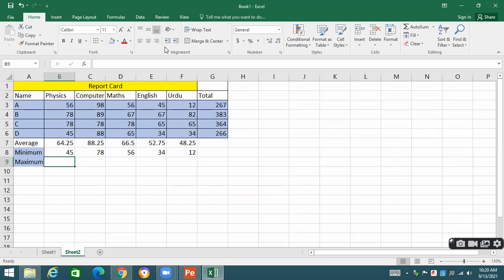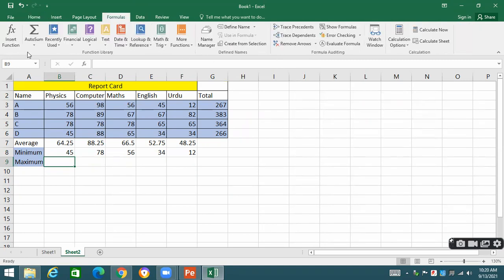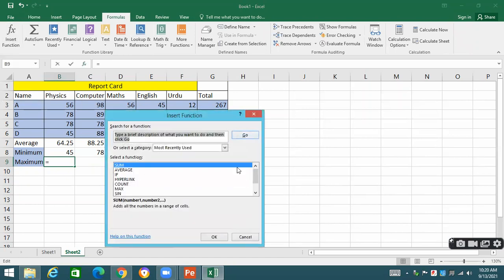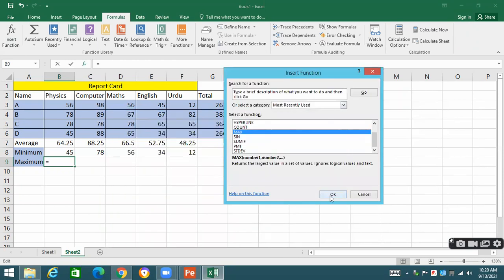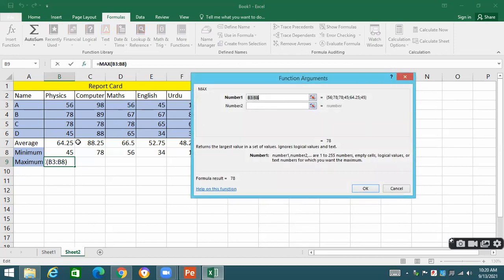I have explained by typing, but you can go to the option of functions as well. Insert function, this is the option. In the insert function, we have the sum function, average function, max, minimum. We can take max by selecting it over here, and we can mention the range.